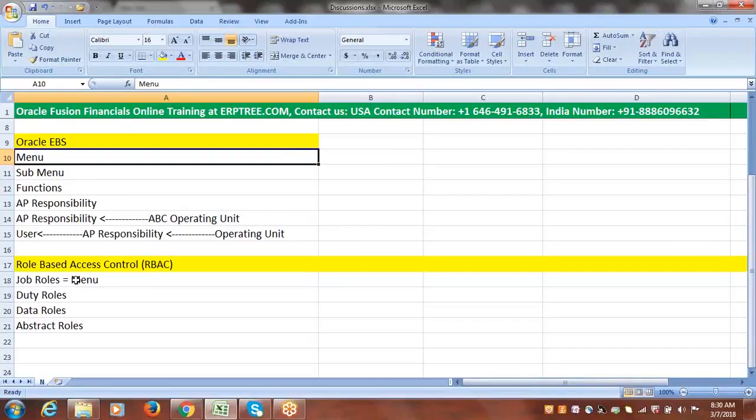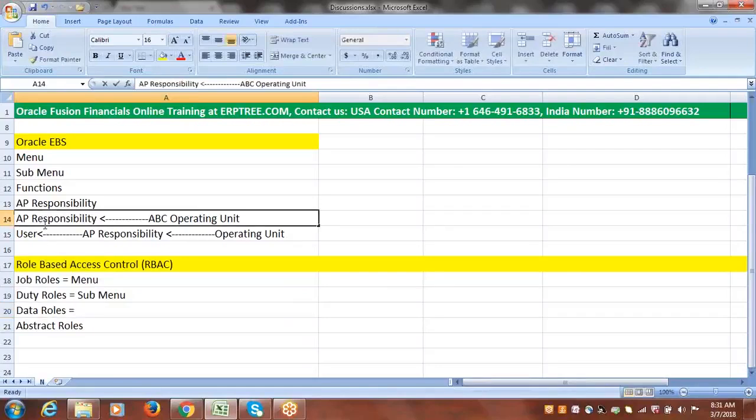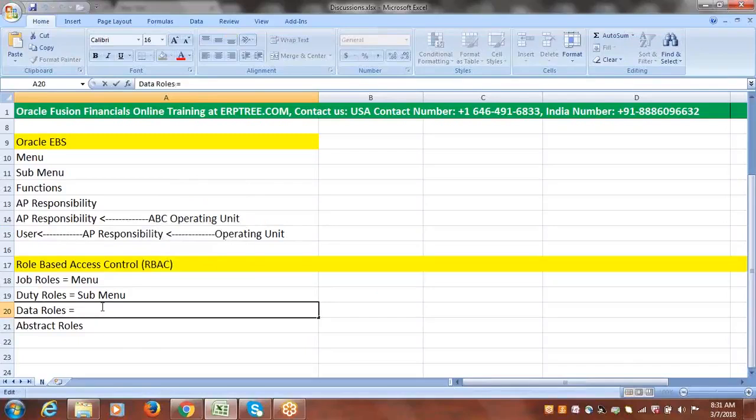And in Fusion we have duty roles. The duty roles are equal to EBS submenus. Okay, Fusion job role is equal to EBS menu. Fusion duty roles are equal to EBS submenus. And data roles. So these data roles are equal to this. Okay, the data role is equal to,